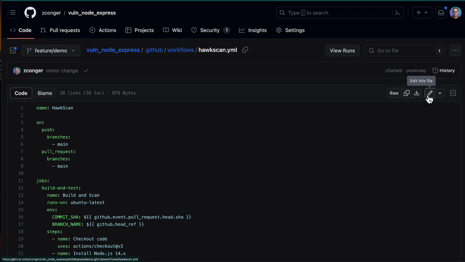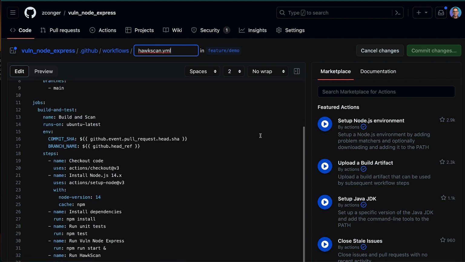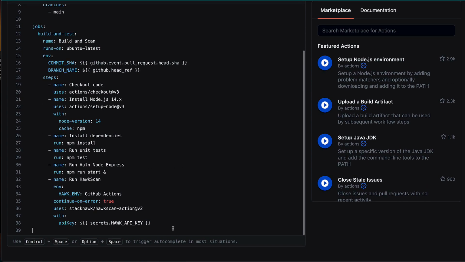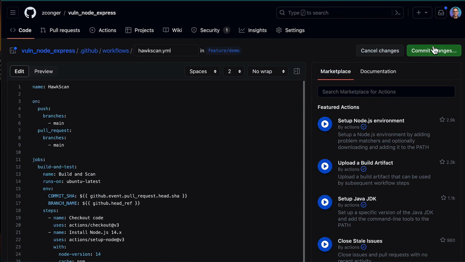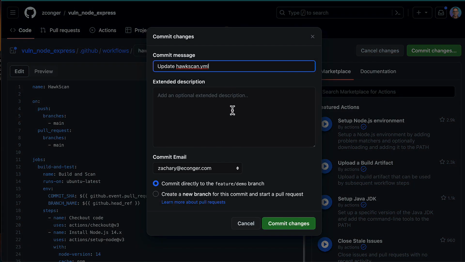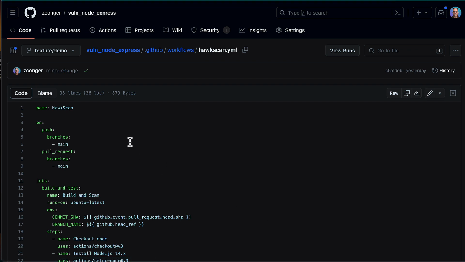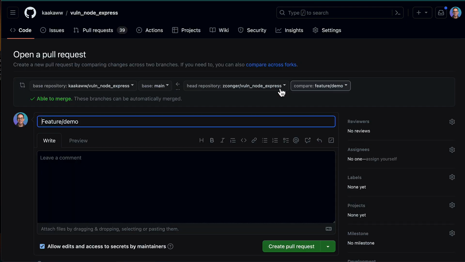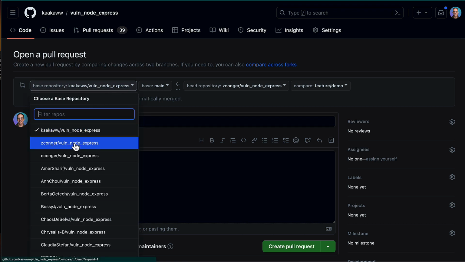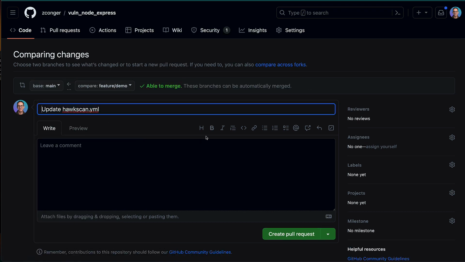And I'm going to edit this file. And I'm one of those guys who doesn't like to have an empty line at the end of my file. So I'm going to delete that. And I feel like that's worthy of a pull request. So I'm going to commit these changes. And then I'm going to go back here and I'm going to make a pull request. I want to make a pull request back to my fork of this application. And I've just updated hawkscan.yaml. So let's create that pull request